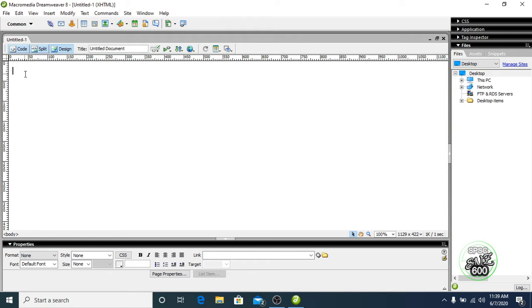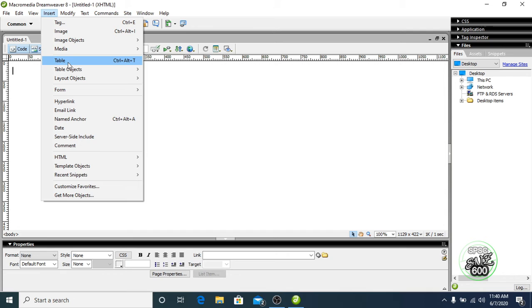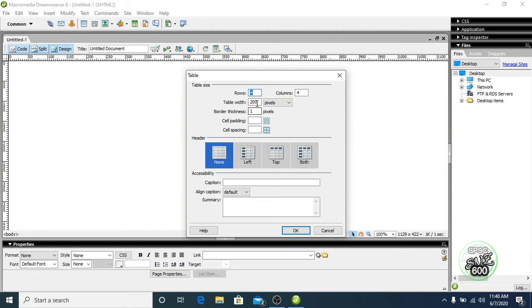First of all, I need to break my whole page into some parts. For breaking my page into parts, a table is a good option. So I'm clicking on insert, clicking on table. You can have any number of rows and columns as you desire. I want 4 rows and 4 columns, which is given already. I'm clicking on OK.